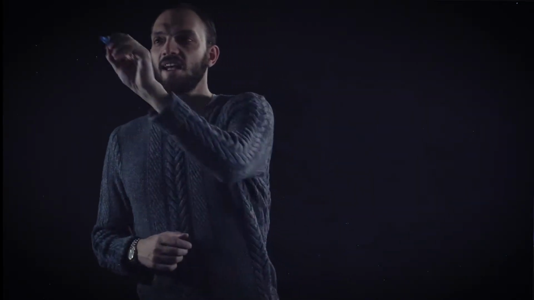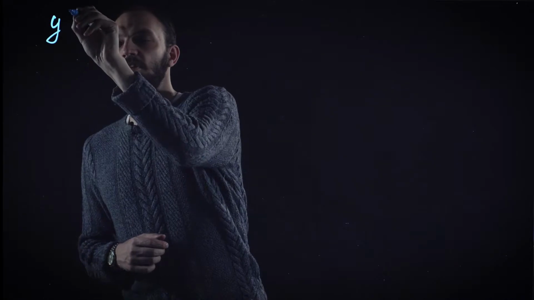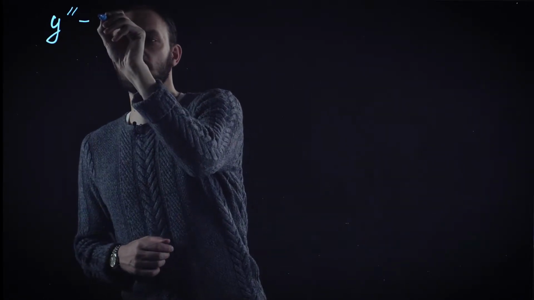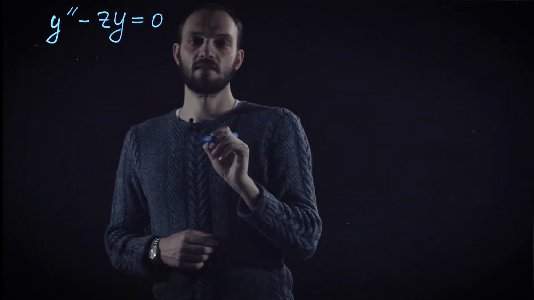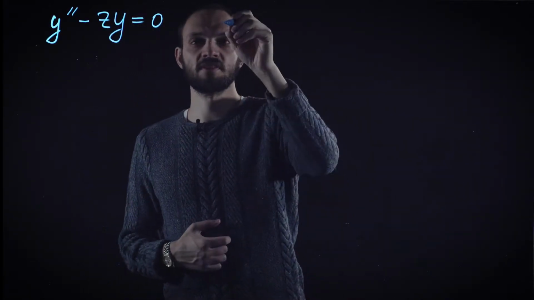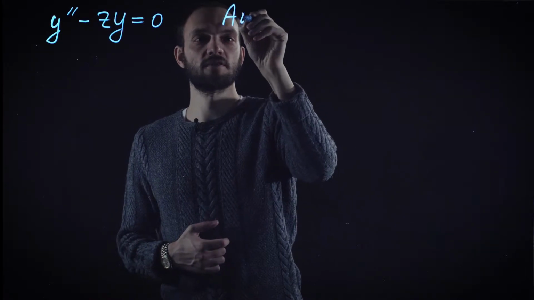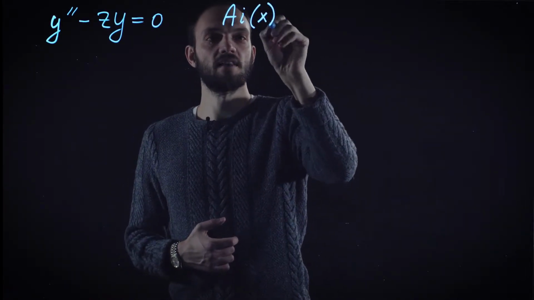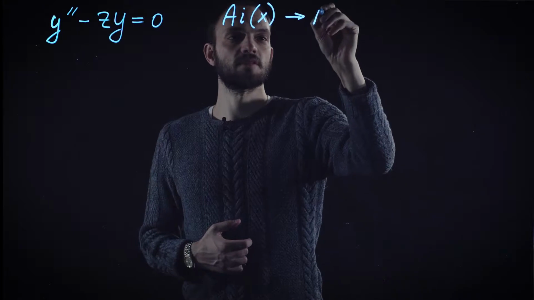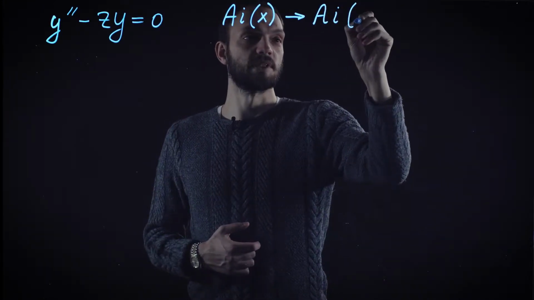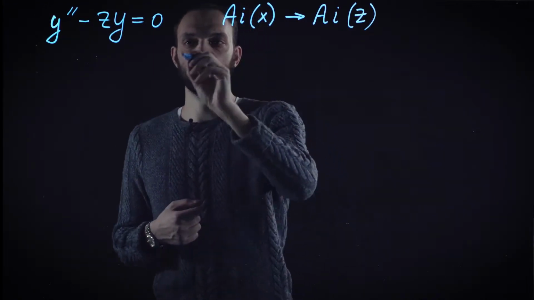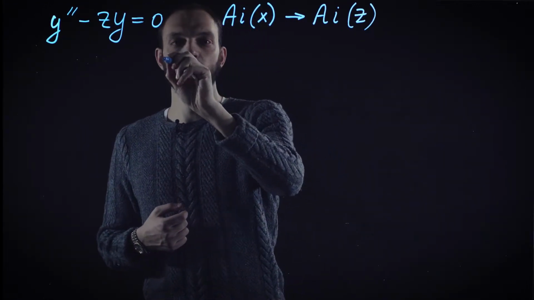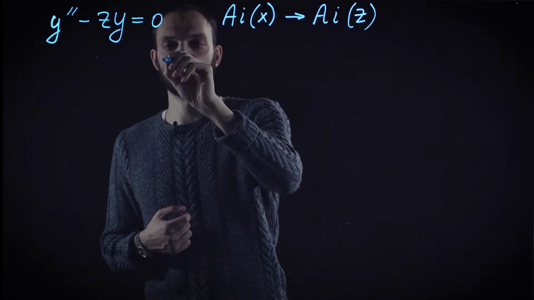Let us elaborate more on the properties of the Airy function. As a brief reminder, what this function does, it solves the following equation. In all our previous considerations, we have considered this function on the real axis. Now we will be interested in its properties in the entire complex plane. In order to study it, we need to perform analytical continuation, which in this case is relatively straightforward.